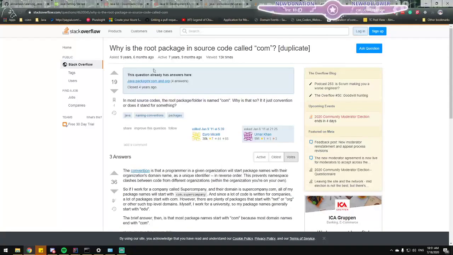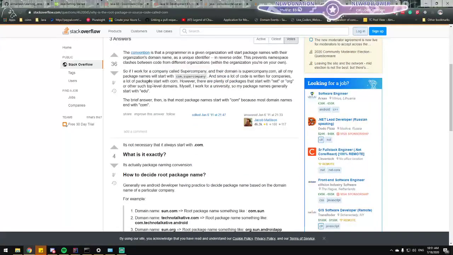So com is short for company, if I understand correctly, right? Since a lot of code is written for companies, a lot of packages start with com. However, there are plenty of packages that start with net or org or other such top-level domain names. Myself, I work for a university, so my package names generally start with edu. Alright, that explains it quite well.